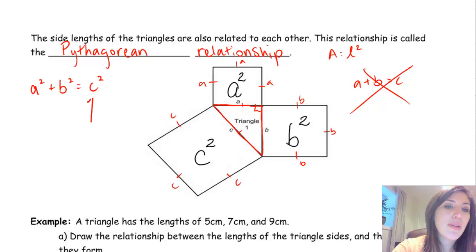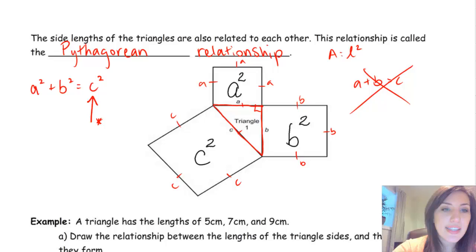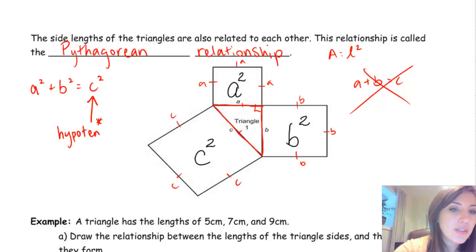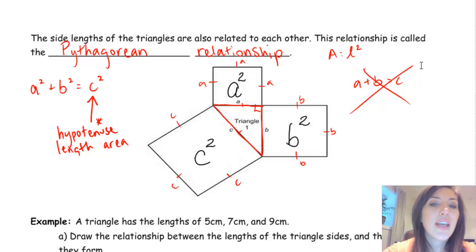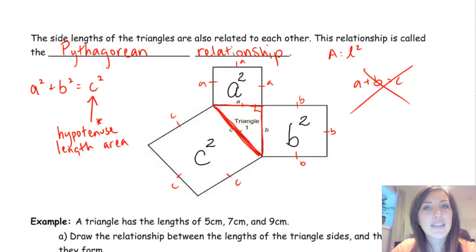Now it's also important that this c squared is the area of the square whose length is the hypotenuse. Hypotenuse length, area. So that's really important. The hypotenuse is the one that is c length, and c squared always must be the square that makes your